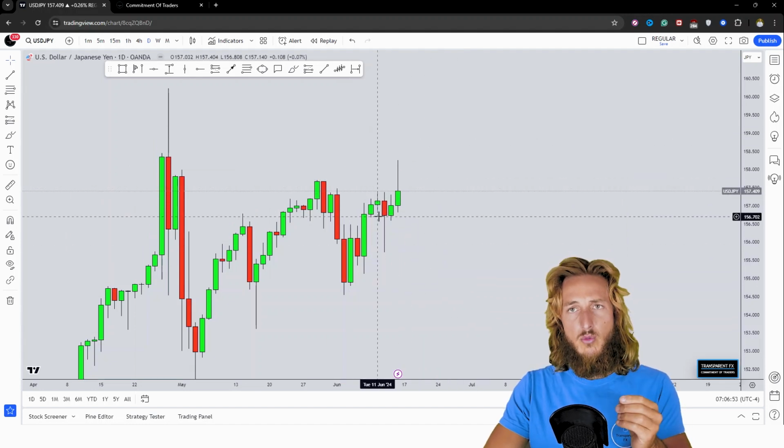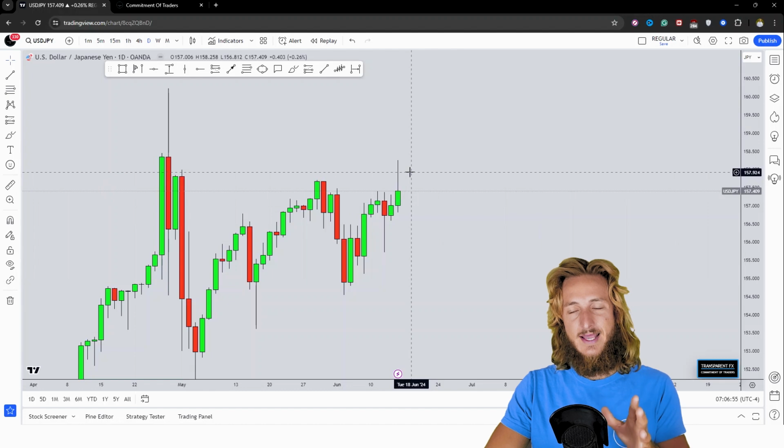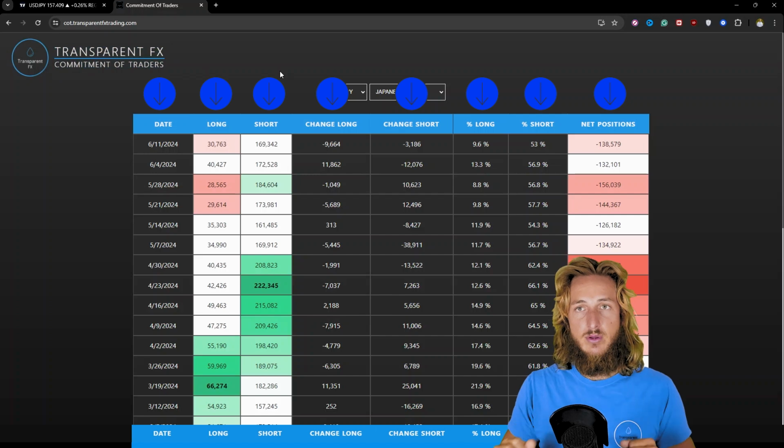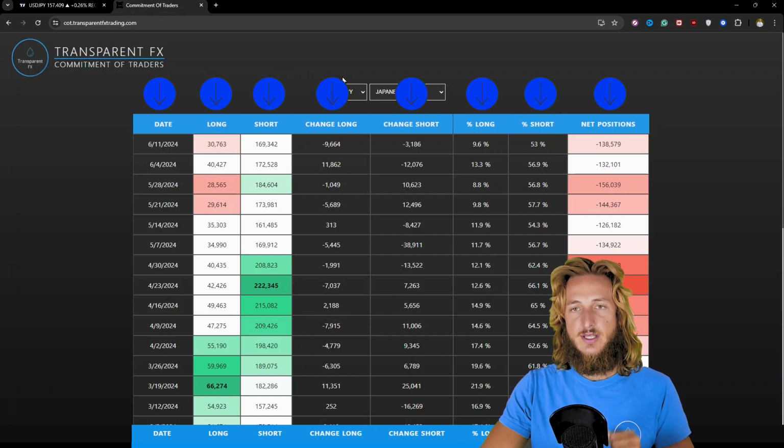So before we go more into detail into what we have here from a technical perspective, first, let's go and see what we have when it comes to the commitment of traders. So what hedge funds and the big players in the market are doing, and let's check the data precisely for